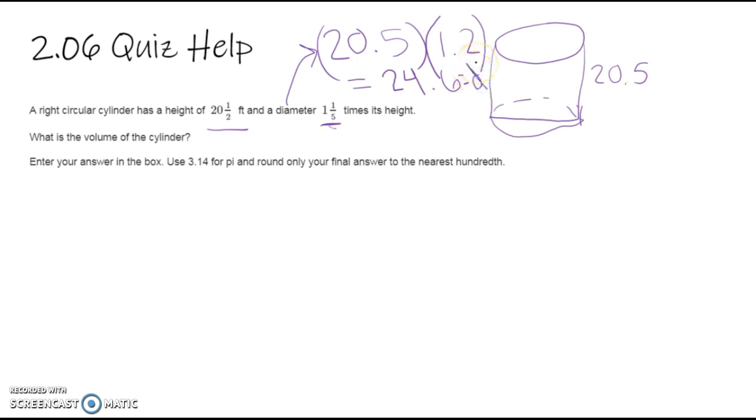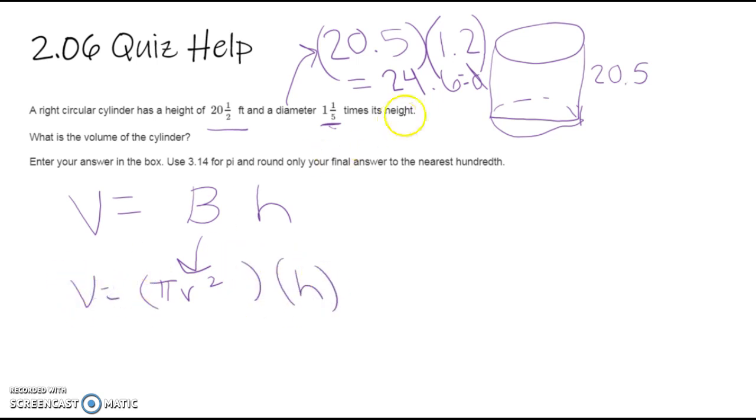But we're not going to be done there. They want to know the volume of the cylinder. And just like in the last one you looked at, you would find the area of the base times the height for the volume. Well, since the base is a circle in a cylinder, we do pi times the radius squared, and then times the height. Well, we know the diameter, we don't know the radius. Anytime you have the diameter, the radius is just half the diameter. Remember, the radius goes from the center of that circle out to any point on the circle. And so it's half of the diameter, which means if I have 24.6 as the diameter, the radius would be 12.3. So now it says use 3.14 for pi, so we're going to replace pi with 3.14